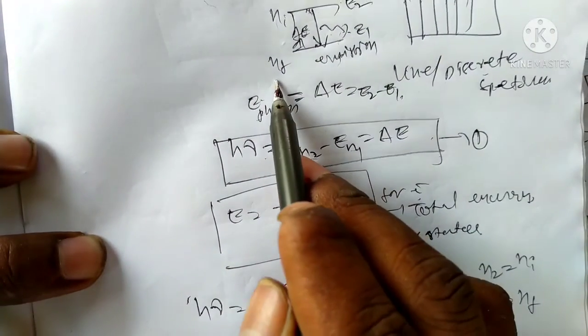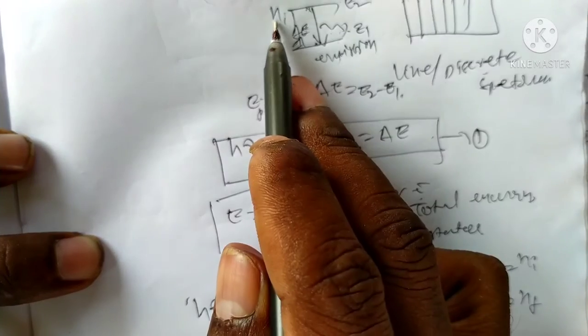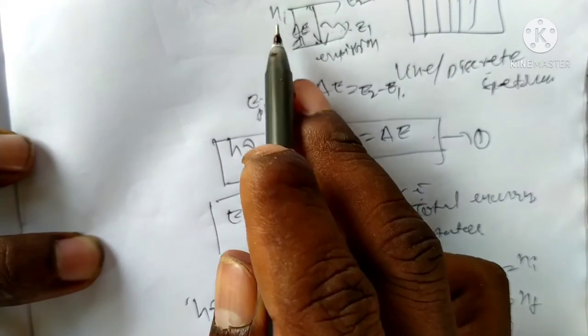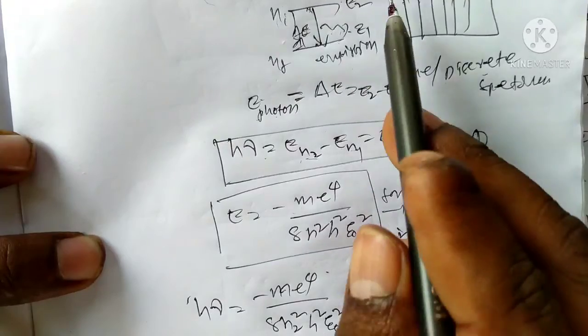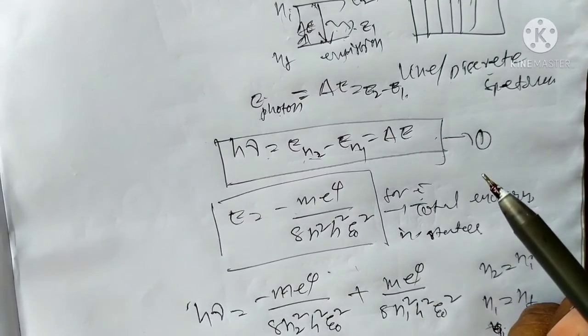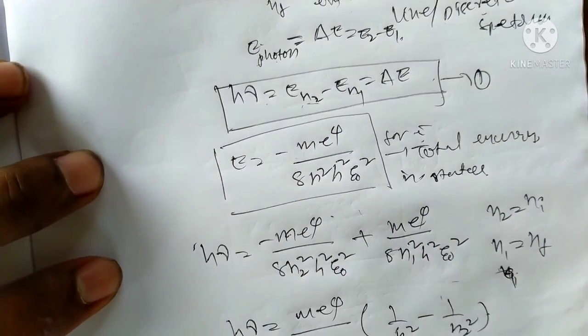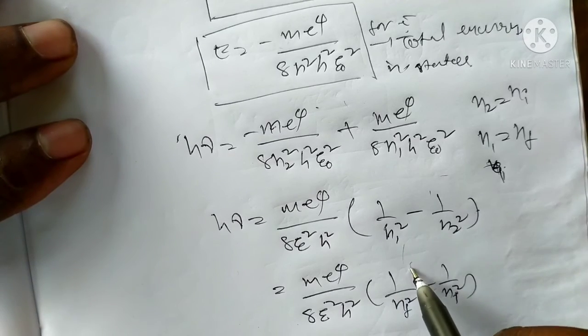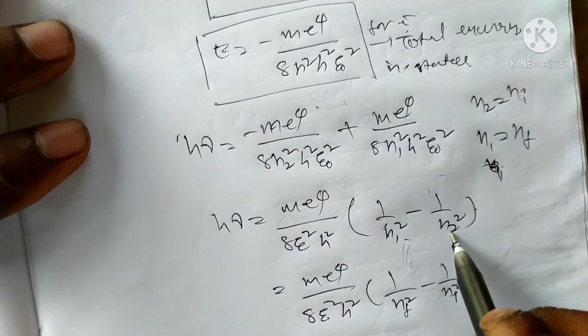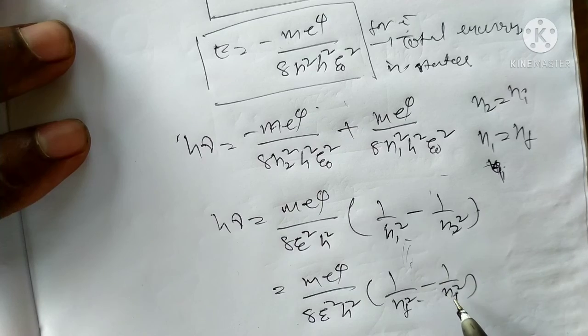There is a first quantum number. This first is the initial state and the final state. This first state or second state, you can assume and take anywhere, like this or like this. Both will be the same: the first state, second state.